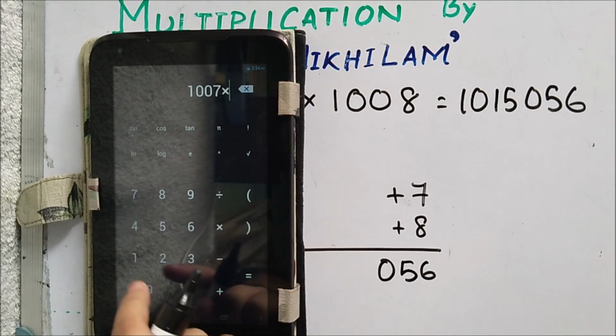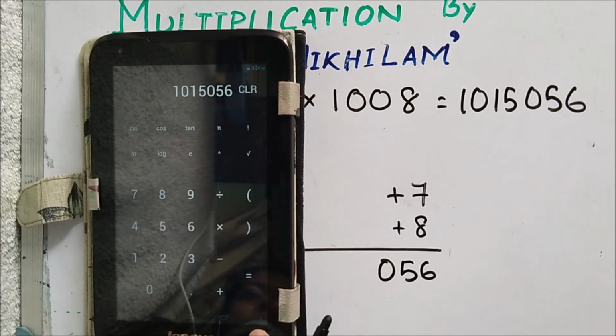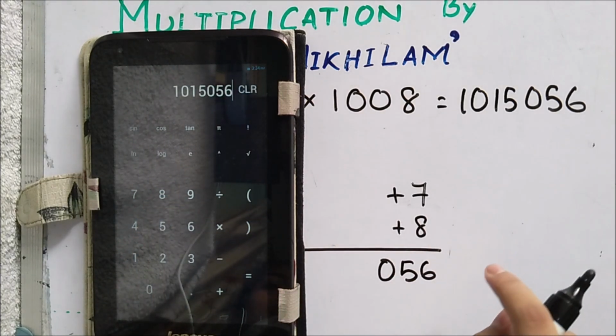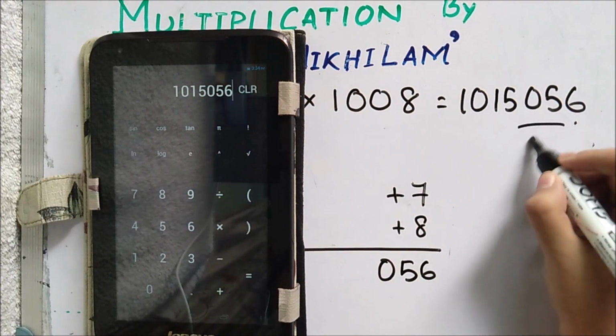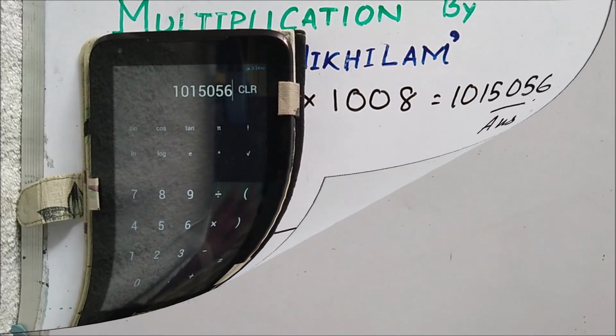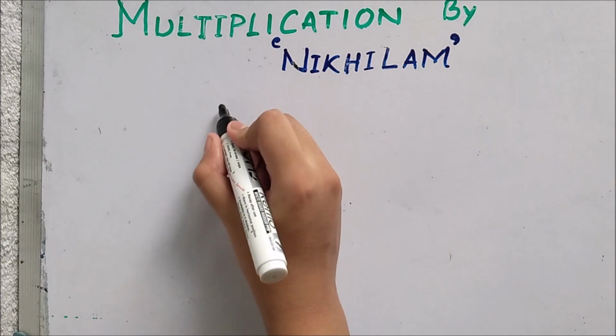Let us calculate whether our answer was correct or not. 1007 into 1008 is 1015056. Hence our answer was absolutely correct. Next we will discuss the process of multiplication of a mixture of numbers which are greater and lesser than the base. So our example will be